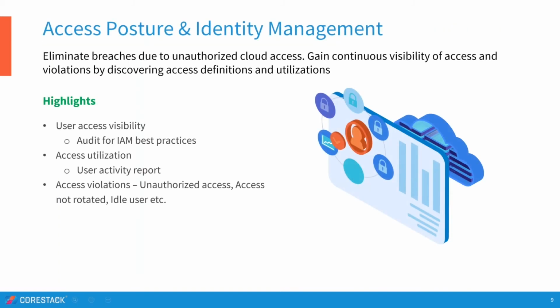With hyperscalers such as AWS, there are fantastic features that they've built. We further wire it up for the enterprise customer, extending on that. So you bring it down to user accessibility and audit for your IAM best practices, access utilization, user activity reports. You want to make sure that the users who have been given access to certain resources are really using it. Do we need it? Now, the hidden benefit is also cost. You're able to optimize cost because the users asked for this, but they're not using it. The resources are underutilized, just sitting idle, or maybe orphaned.